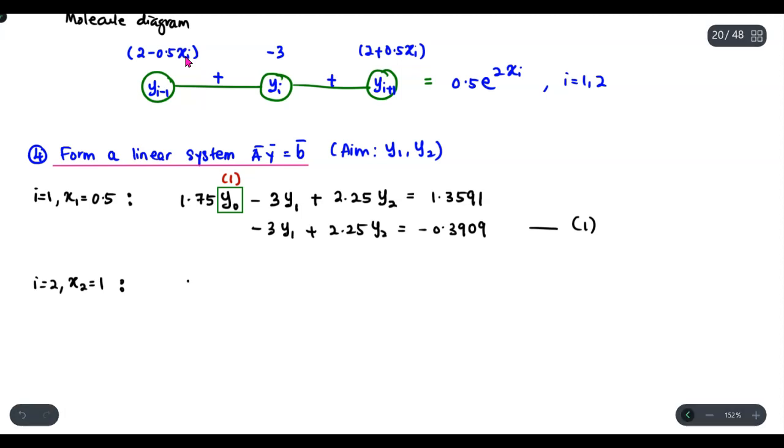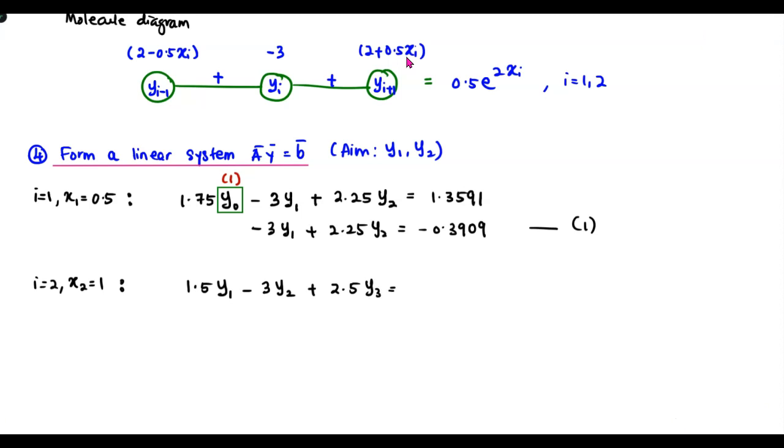So here you are going to have 1.5 y1, minus, in the middle you have negative 3, so minus 3 y2, plus, the coefficient of y3 here, 2 plus 0.5 times 1. So you have 2.5 y3 equals, at the right hand side you can replace x2 with 1,